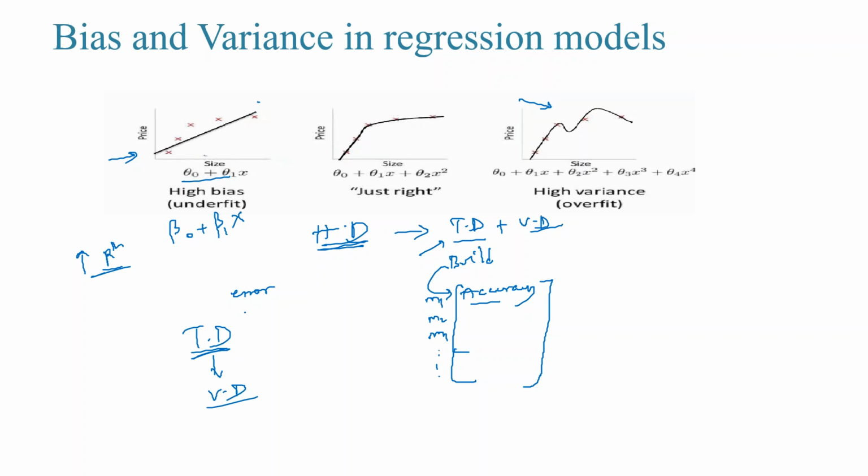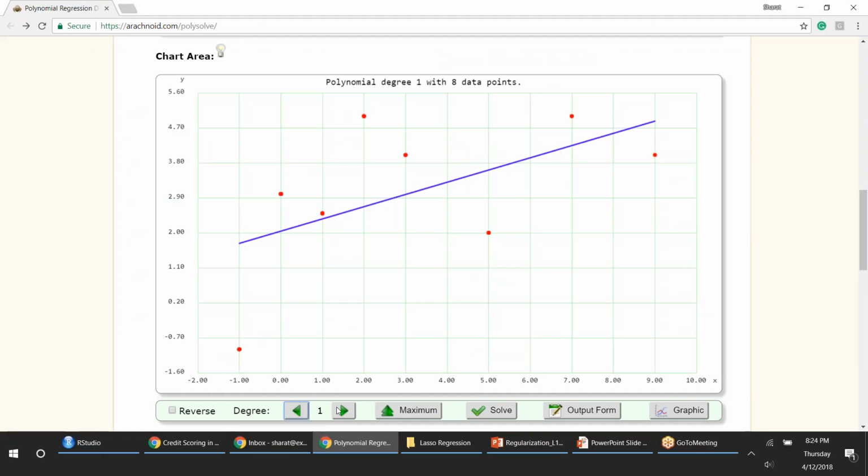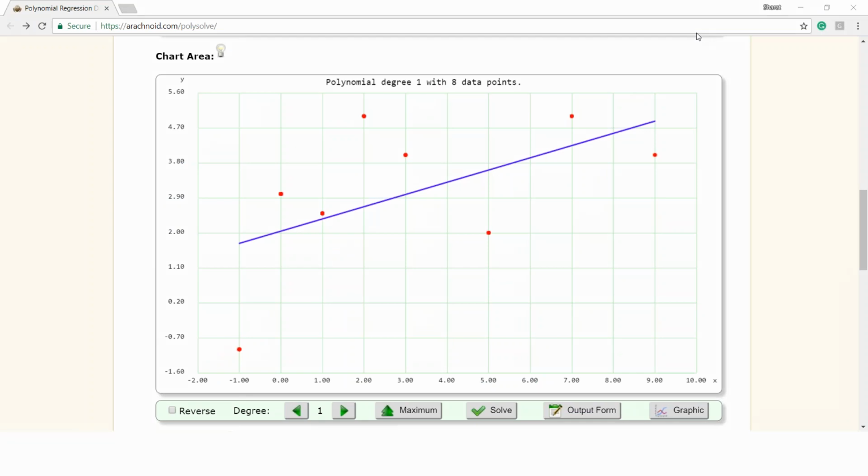When I build these models and try to reduce the error so that the line fits the data, you will get the least error, right? So this is called overfit. Let me show you that. This is my straight line equation where I'm taking the degree of my polynomial model as 1, not 0, it is 1. So when we begin at this equation,